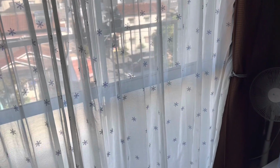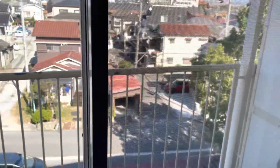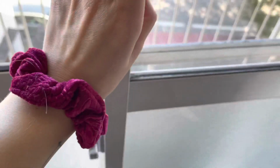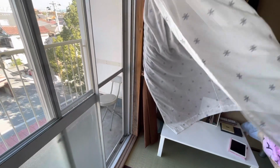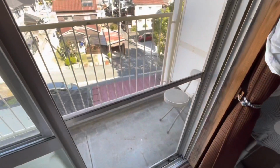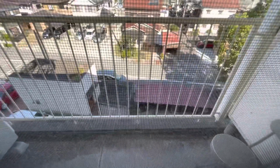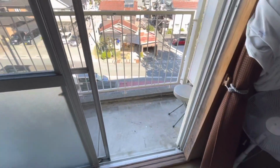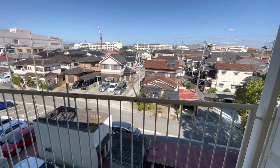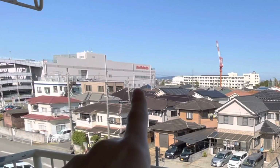But here I'm going to show you my balcony, one of my balconies. So I have to unlock, and immediately you can see that it is so windy. There usually is so much wind on this side. It's a really nice breeze though. You can hear children playing outside. Okay, I think the poor child is going away. Nope, child is still crying, but here is my view,